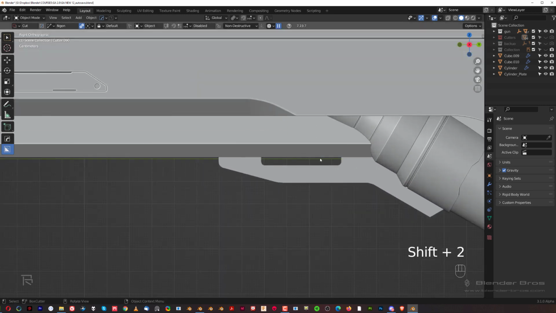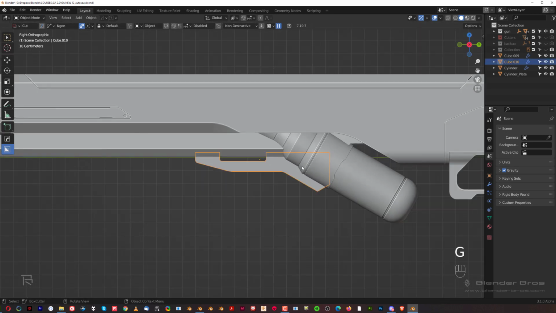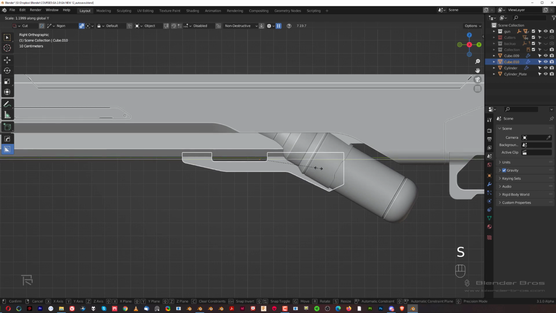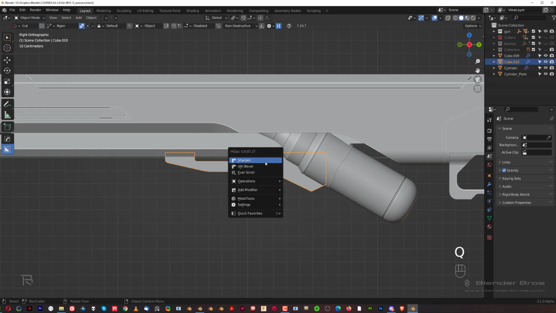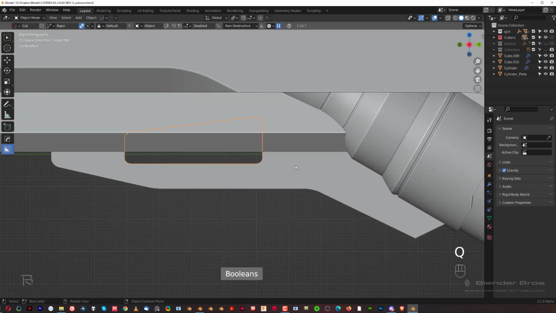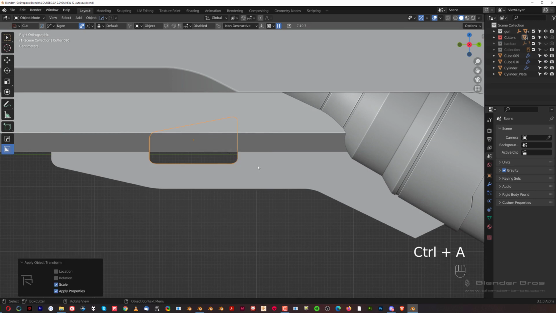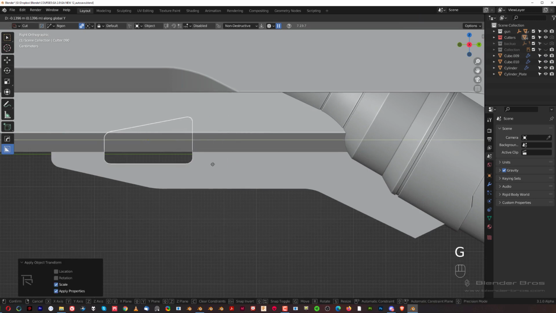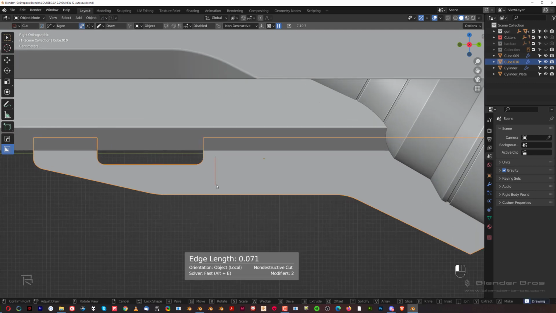And here I think this should be a little bit longer. SY and scale it a bit like this and move it here. And this cut here should be a bit narrower. And then we're gonna apply scale, Control A, apply scale, GY, and move it somewhere here. And here we're gonna create cuts. So one cut here,